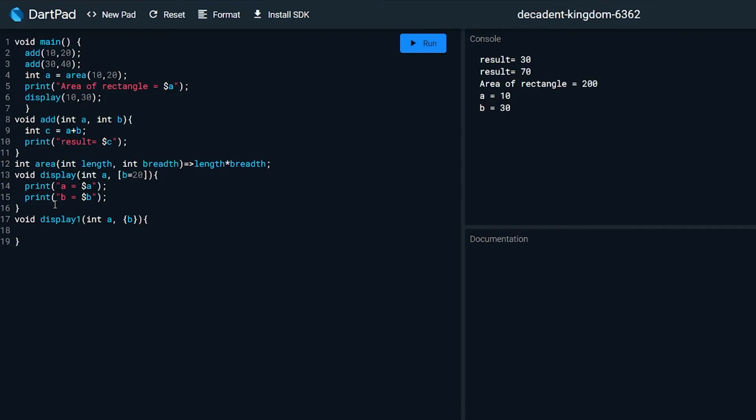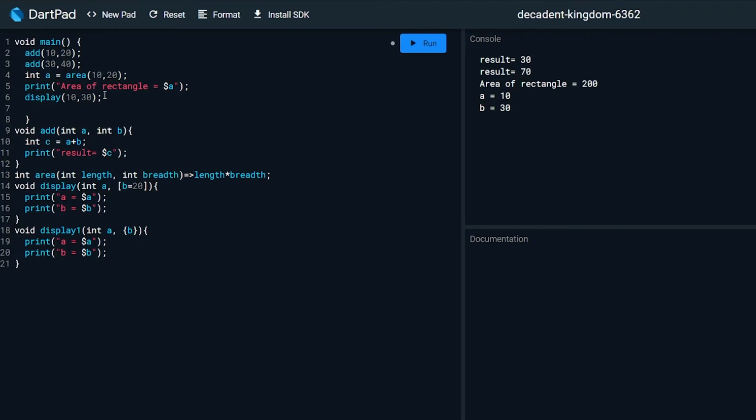Then we want to print the values. So now we call this function over here.